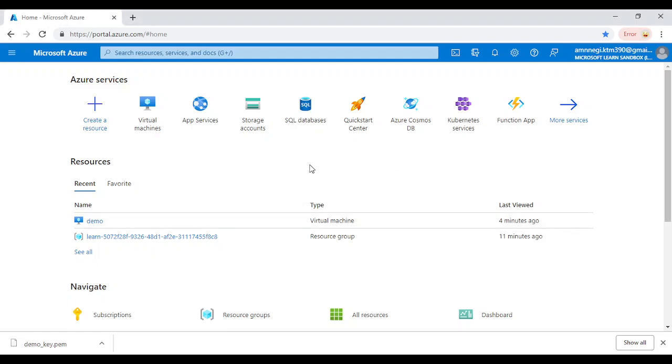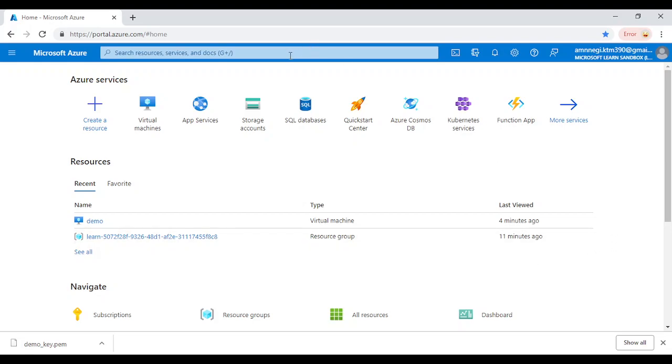Hey, hi guys. So today we will learn how we can reset the password of a virtual machine in Azure cloud, or if you have downloaded some PPK file to log into that virtual machine and you just lost that file and now you are trying to reset that password. Right. So there are multiple scenarios where we'll need to reset the password of our virtual machine